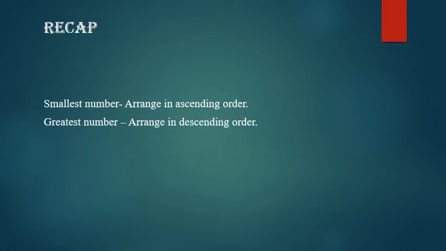Now children, a quick recap of smallest number and greatest number. For the smallest number, you need to arrange the given digits in ascending order. But if any of the digits is 0, you need to take care that you cannot put the 0 at the beginning. You need to place it at the second place. For the greatest number, you need to arrange the given digits in descending order. The only thing you need to remember is: for the smallest number, arrange in ascending order keeping 0 in mind, and for the greatest number, arrange in descending order.